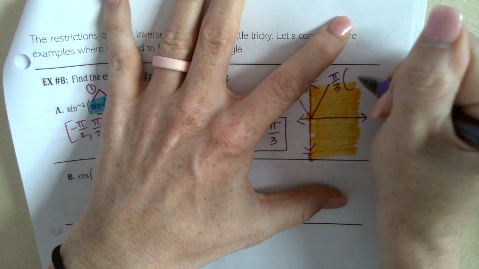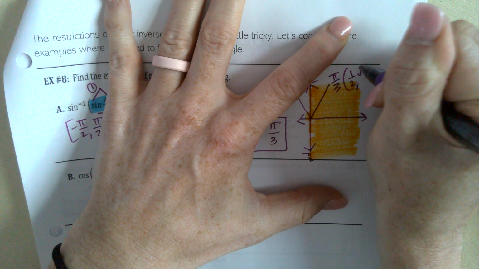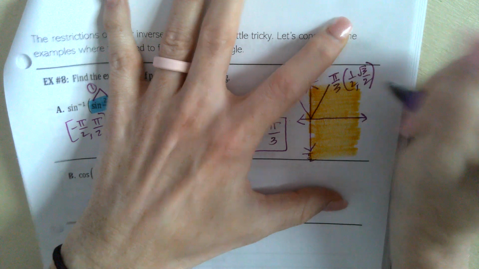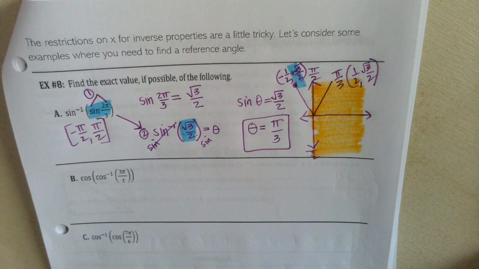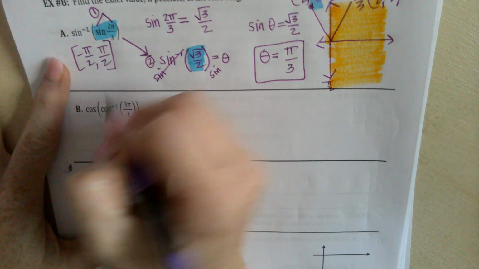This has the ordered pair 1/2, root 3 over 2. Y'all have got to know your unit circle. If you do not know your unit circle, you are going to die. Okay? All right. Now,